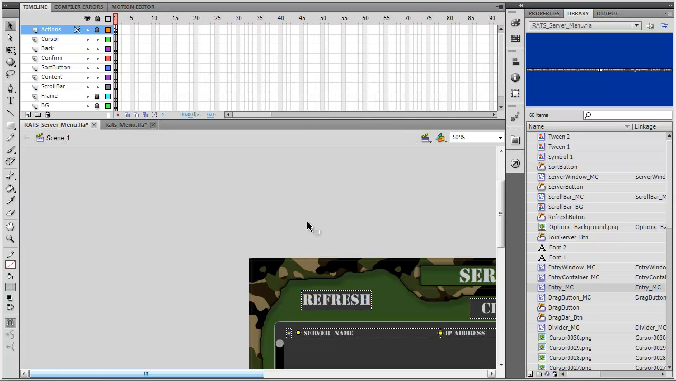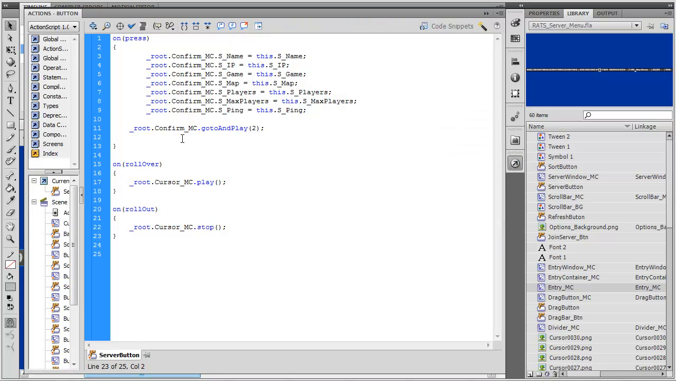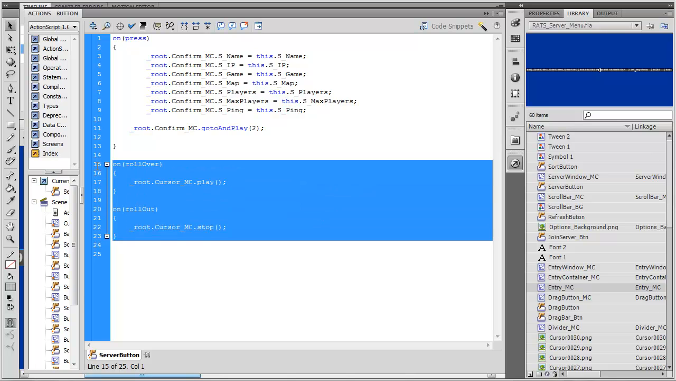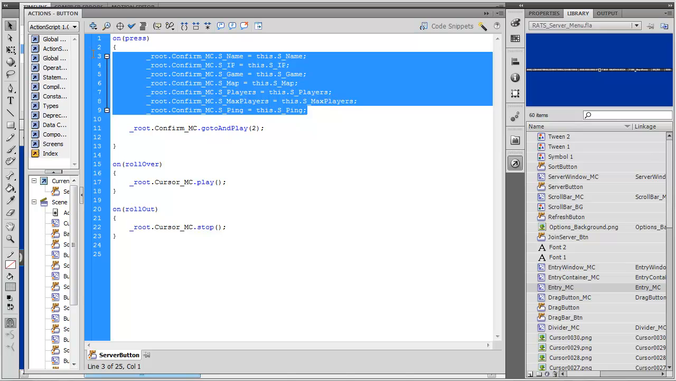However, when I click that button, there is code that is happening here. Now I'll show you that in a sec. Now remember, on the rollover, it's completely inconsequential. This is just to do that cursor animation. What I do is I tell that confirm MC, which is the confirm window that pops up, to just play. But I also tell the confirm MC to set its variables,